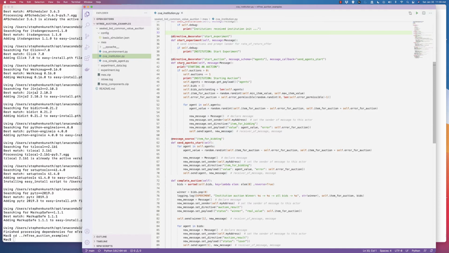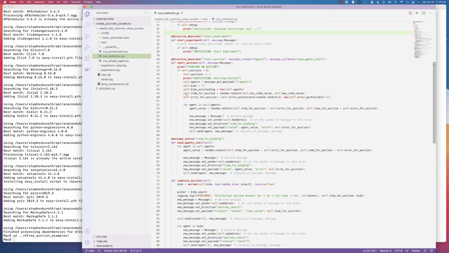again, in future videos. So in this case, what's happening is we're telling the institution to start an auction, and then what it's going to do is look to see how many auctions it has to run. If it still has more than 0 auctions to run, it'll go ahead and try to run it. And then it'll pull out the agents, and set those up so the environment says, hey, here are the agents participating in this auction. It'll initialize a list to contain all the bids. It has some idea of the bids that are outstanding. So in this case, if you have 5 agents, then you have 5 bids outstanding at the beginning of